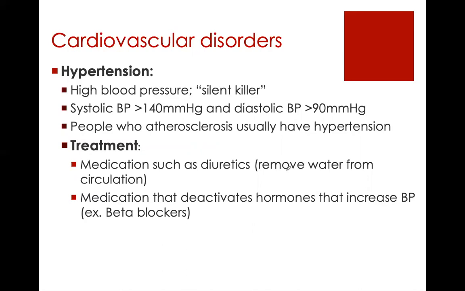So what we identify as hypertension is when your systolic pressure, which is normally about 120, is above 140. And your diastolic pressure, normally about 80 millimeters of mercury, is above 90 millimeters of mercury. So I have people asking me,